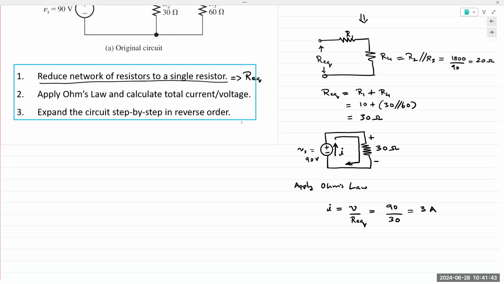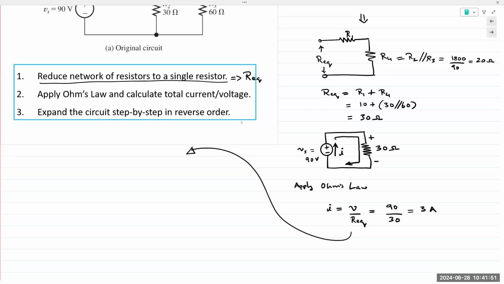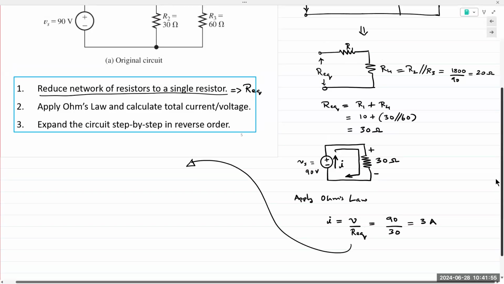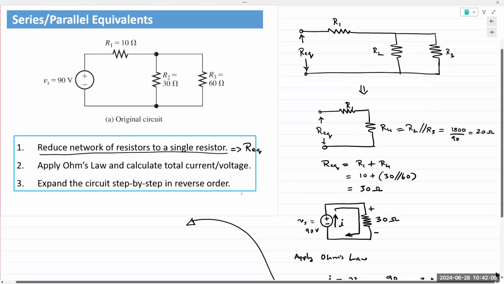now I'm going to expand the circuit back up step by step, okay? Here, we reduced the circuit in 2 or 3 steps. Now we will expand the circuit back up in the reverse order, 1 step at a time. So if I was going to do that,